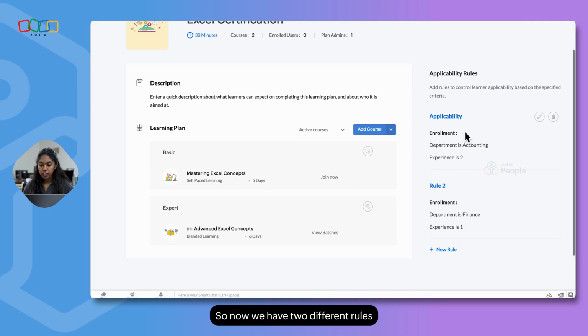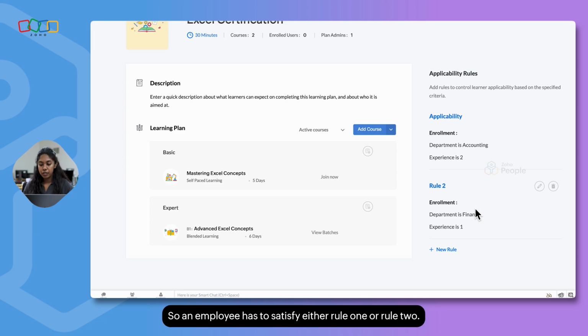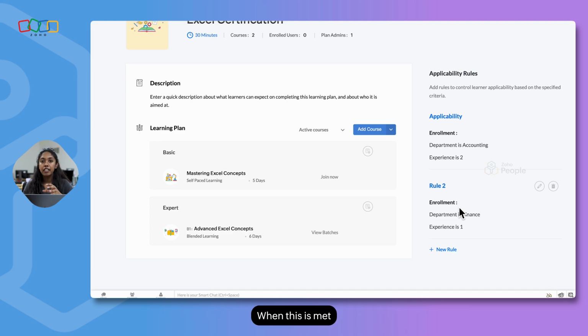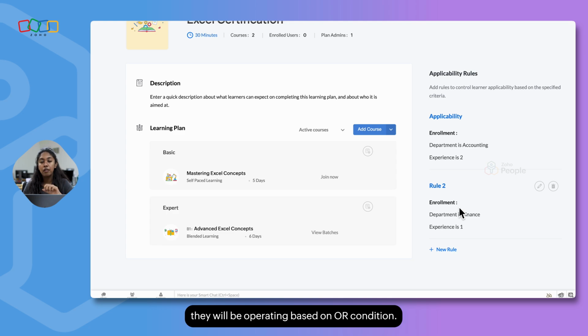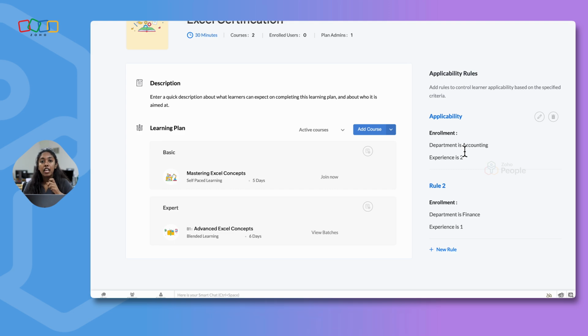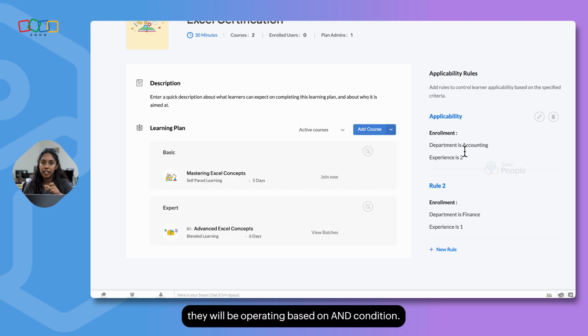So now we have two different rules which operate based on OR condition. So an employee has to satisfy either rule 1 or rule 2. When this is met, they will have an option to enroll to this specific learning plan. So when you're adding more than one rule, they will be operating based on OR condition. But within one rule, if you're adding multiple criteria, they will be operating based on AND condition.